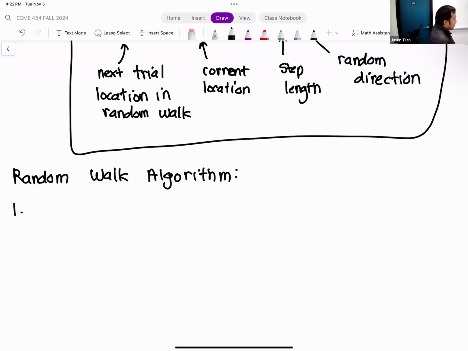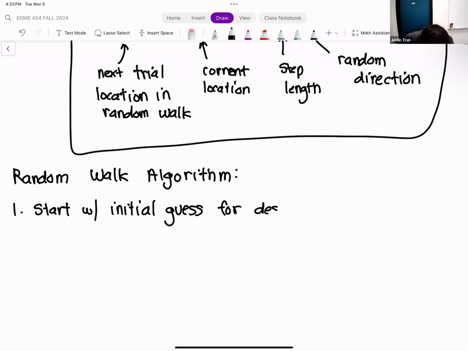So in that sense, it's not that different from our 1D methods. So our initial guess, we'll call it x naught vector.